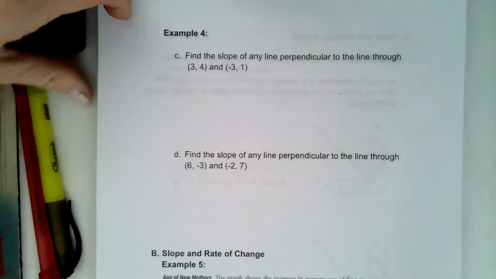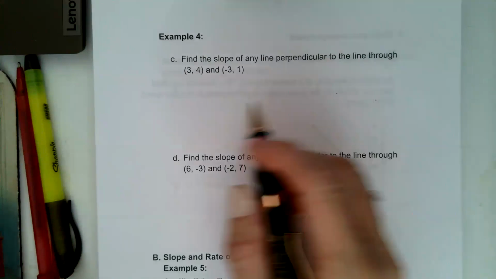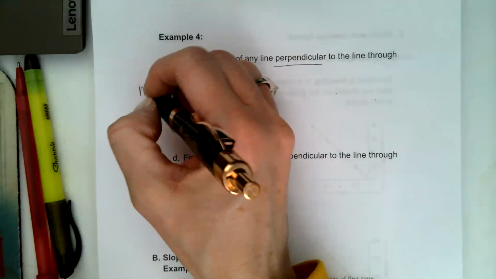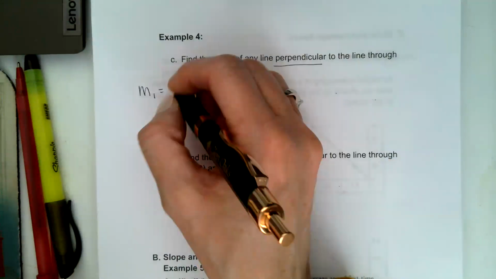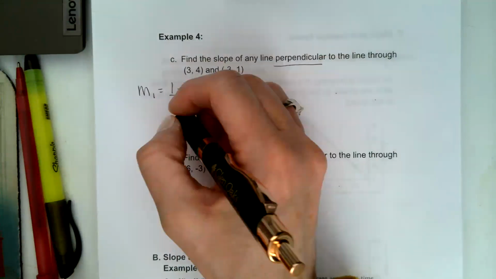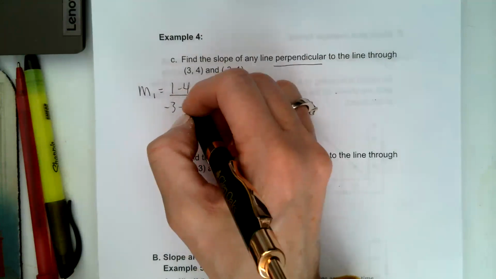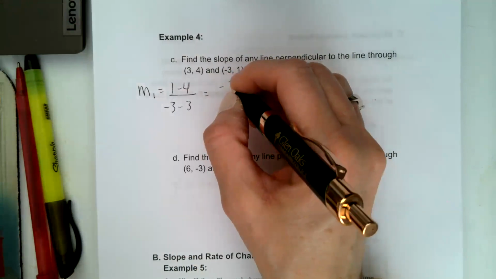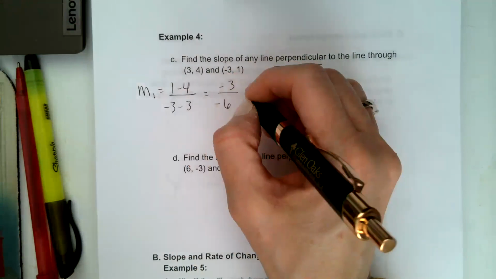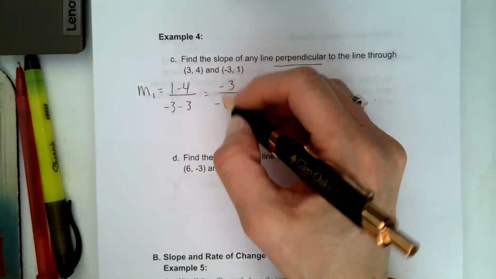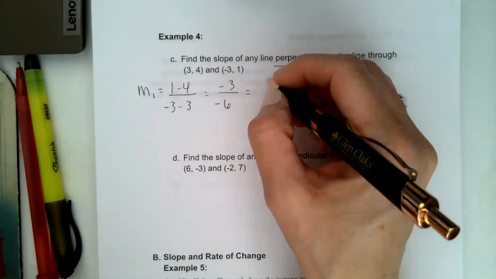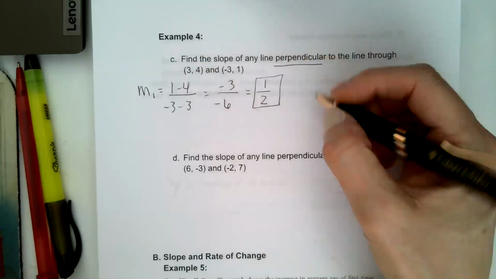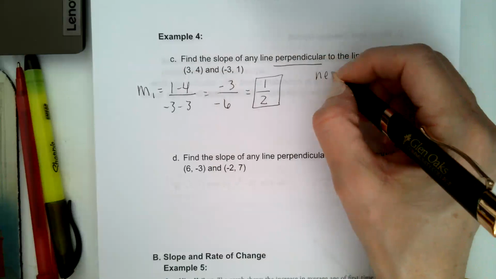C says, find the slope of any line perpendicular to the line through these 2 points. So perpendicular, okay. So the slope of the first line, I'm going to take 1 subtracting 4, and then -3 subtracting +3. So we have -3 over -6. And that reduces to a positive. A negative divided by a negative is a positive, and 3 over 6 is 1/2. So +1/2. And then the new line,